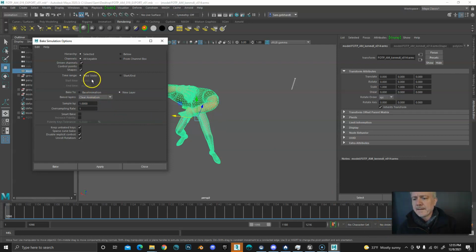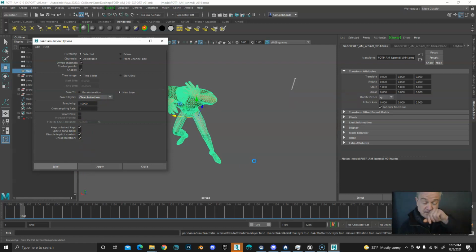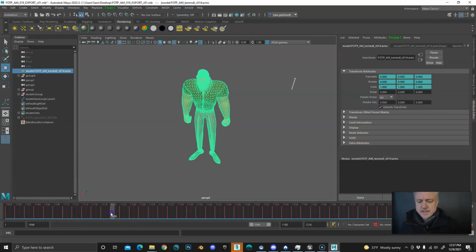And then we want a new layer. If this is set to base animation, you want to click on new layer, and then you're going to go to clear animation on this drop down. Everything else can just be default. Then that'll bake. Then it'll go through each key and make a key for every single frame. Sometimes that can take a while, again, depending on how big your model is. So now you can see I've got a keyframe on every single frame,